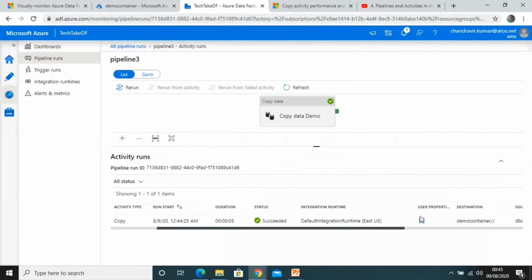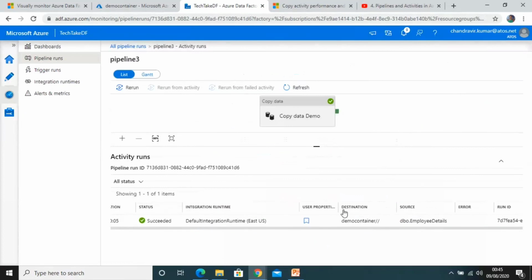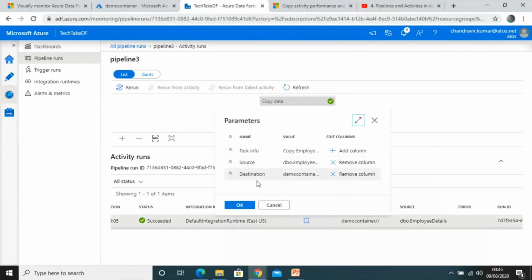The activity runs, copy data demo. If you go right side, now again user properties, this time this will have 3 fields here. Here it is, the new field added, task informations. So this way we can add additional informations here, and these 3 fields we can also add here to show in the